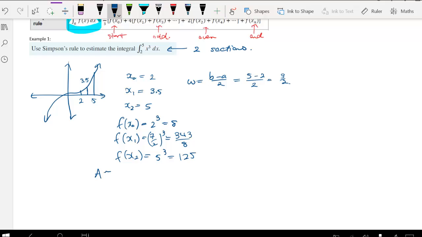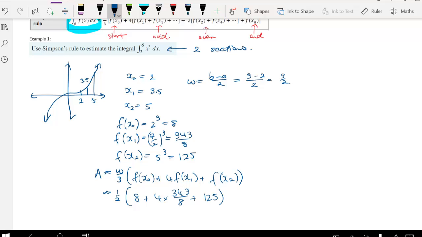All right, so our area will approximately be W on 3, f of x0 plus 4 times f of x1 plus f of x2. So there was no even sections. There was only one middle section. And so that means we've got our width, which is 3 on 2. So 3 on 2 on 3 is just 1/2. f of x0 is 8. We have 4 times 343 on 8, which will end up just being 343 on 2, and then we have